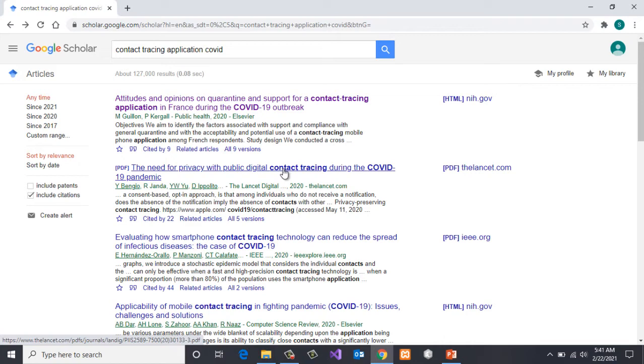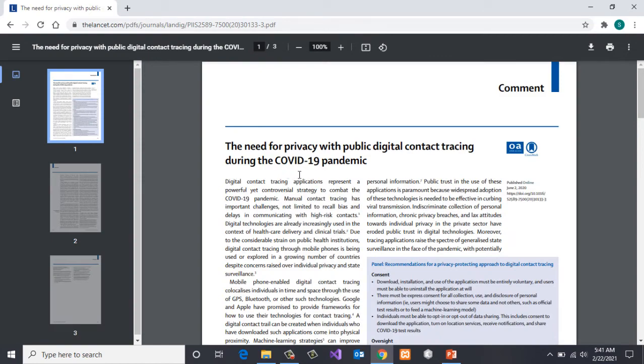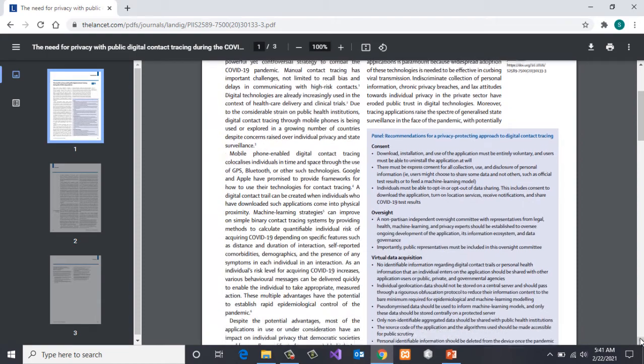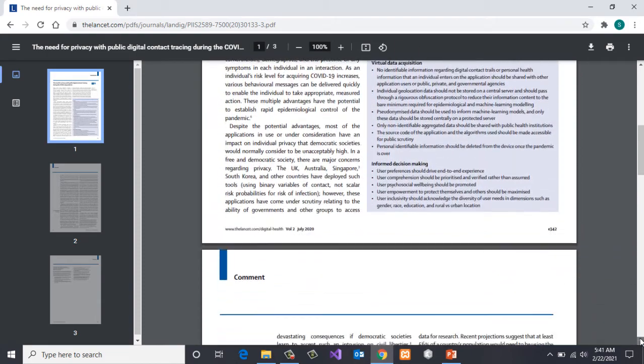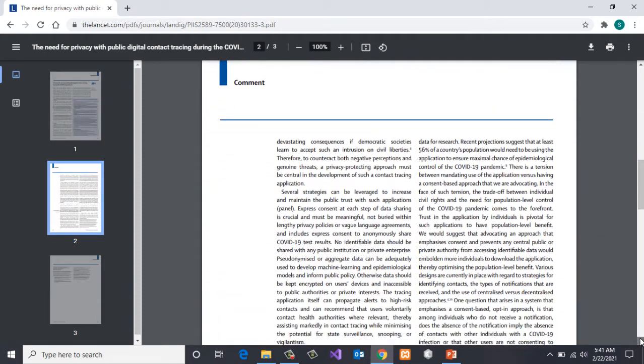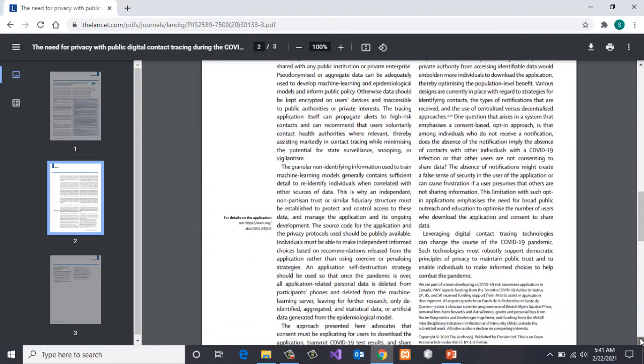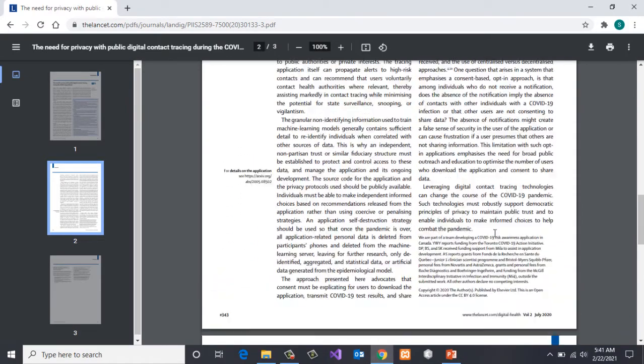This is "The need for privacy with public digital contact tracing during the COVID-19 pandemic." Okay, so if I click this, now you can see that you have this article here. So this is in PDF form, which you can download, if it is relevant to you. So these are the types